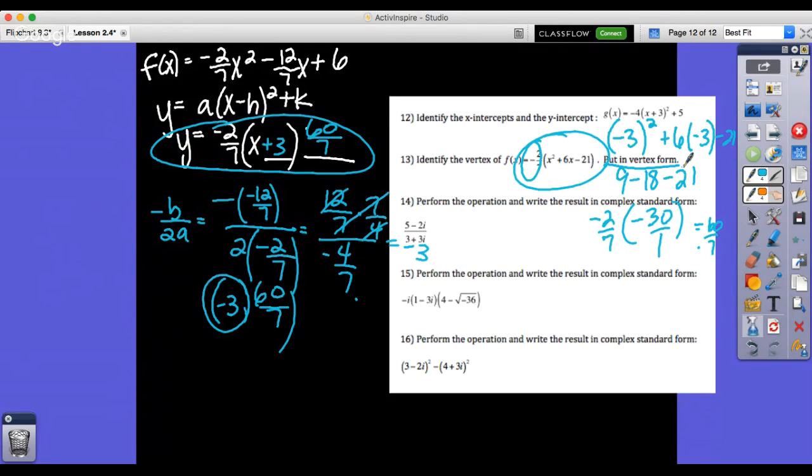It's definitely not factorable. It's two numbers that multiply to equal -21, but when added equal 6, and I can't think of any. 3 and 7? Yeah. There's none. So you can cross that off. You're saying you can plug this original equation into your calculator and then find your zeros. I would do that, and that's why tomorrow, before the test, let me double and triple check the test